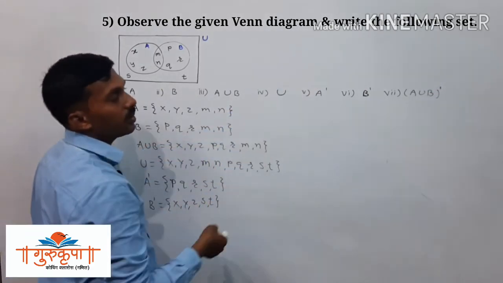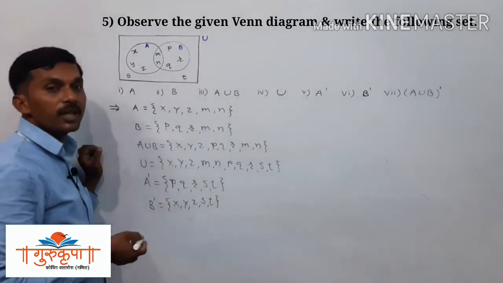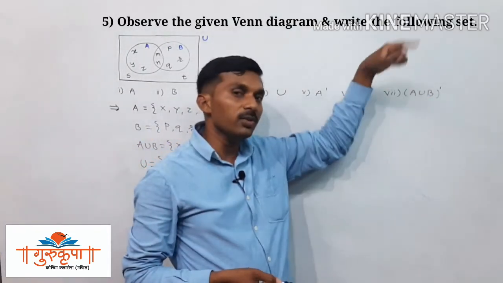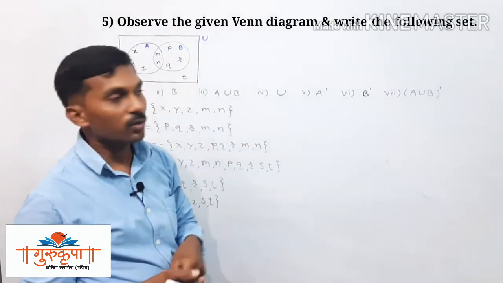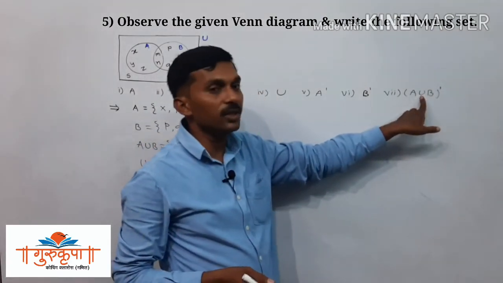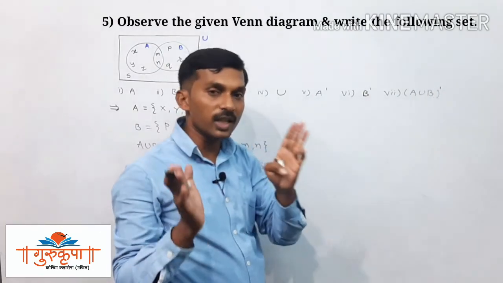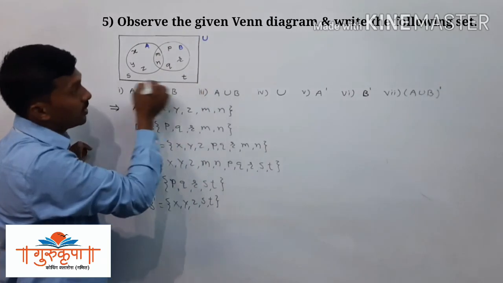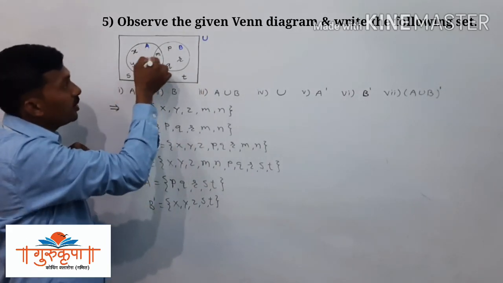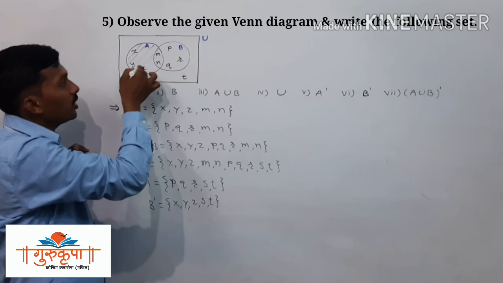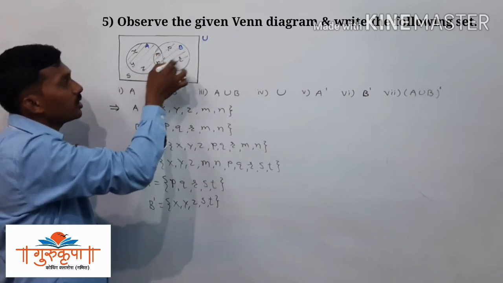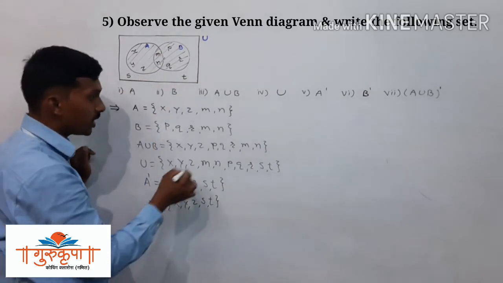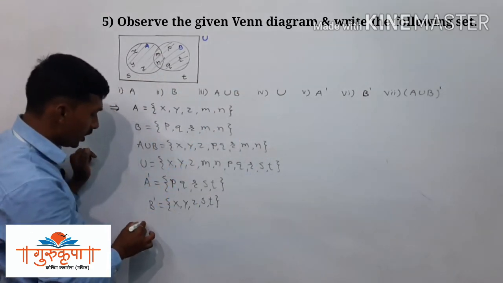And the last set we have to write, that is complement of A union B. म्हणजे आता काय करा, ए युनियन बी मध्ये जेवढे एलिमेंट आहेत तेवढे सगळे युनिव्हर्सल सेटमधून काढून टाका. ए आणि बी मध्ये असणारे सर्व एलिमेंट्स रिमूव्ह करायचे आणि रिमेनिंग काय राहिलं आता फक्त एस अँड टी. So here you can write complement of A union B.